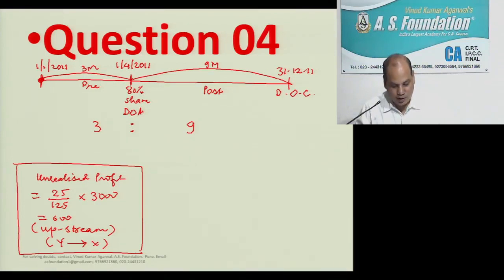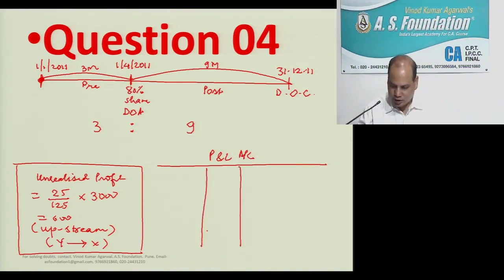And then the next paragraph, the last paragraph: the balance in the P&L account on 1st January 2011 in the books of Y was 28,000. Now I am going to test your intelligence in full public view. My question is, what is the profit for the year made by Y? Read the full line first, then you will answer. The balance in the P&L account on 1st January 2011 is 28,000.